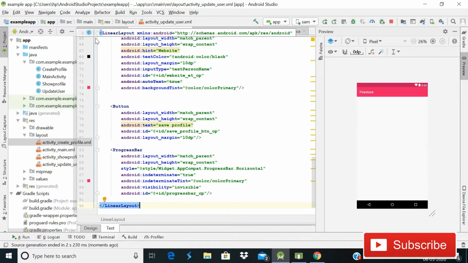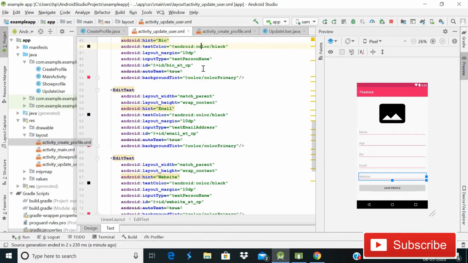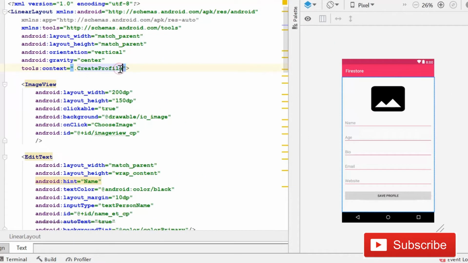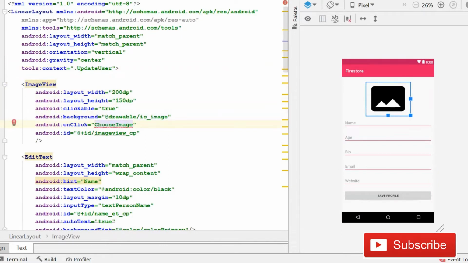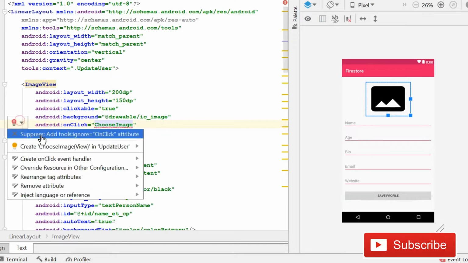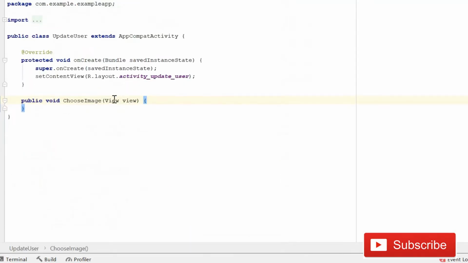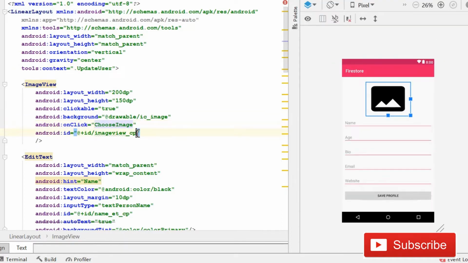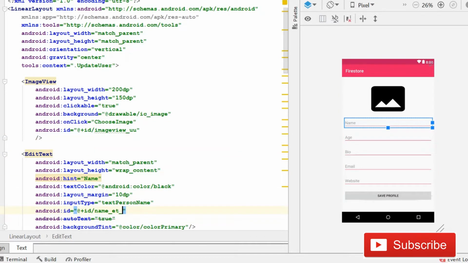Simply paste it, and after this we need to change its IDs. But first of all, we need to change its context. You can see that now this is our UpdateUser activity, and it is showing CreateProfile. So here you need to write UpdateUser, and after this, write chooseImage. So simply click on this bulb and then create it here. Now you can see that we have created the method. Now go back here in create profile, now go back to UpdateUser, but here we need to change these IDs. So instead of CP we need to make it UU